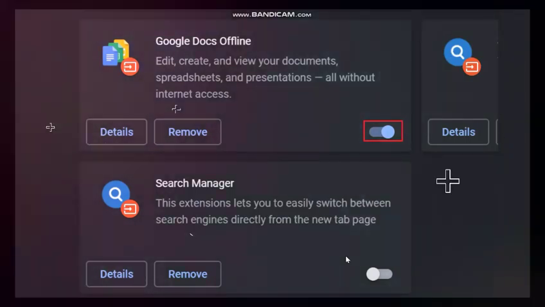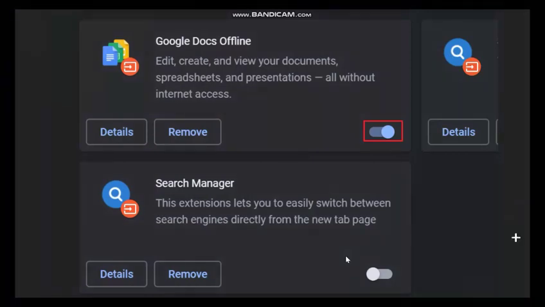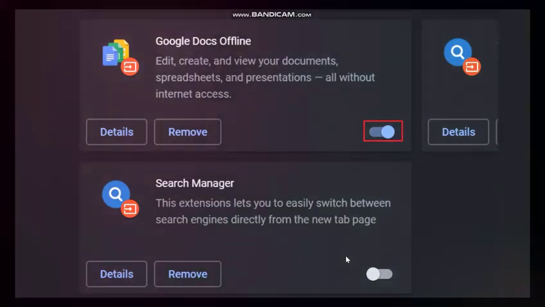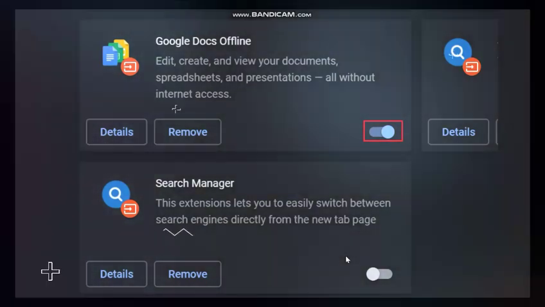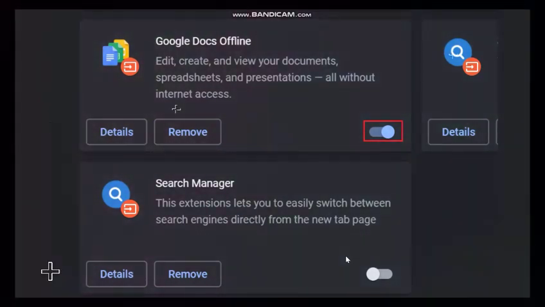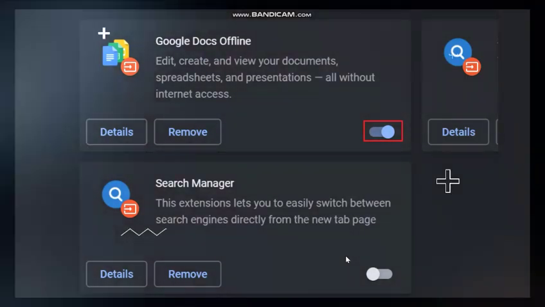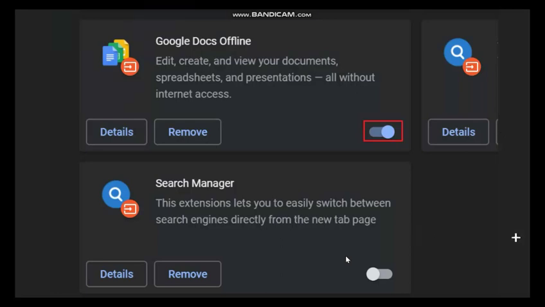Just locate the extensions you don't need and switch to disable them. You can also click Remove to remove them from your Chrome browser directly. This should speed up your Chrome to a certain degree. This process is very helpful for those who add so many extensions in the Chrome browser. Then go to our fourth process.